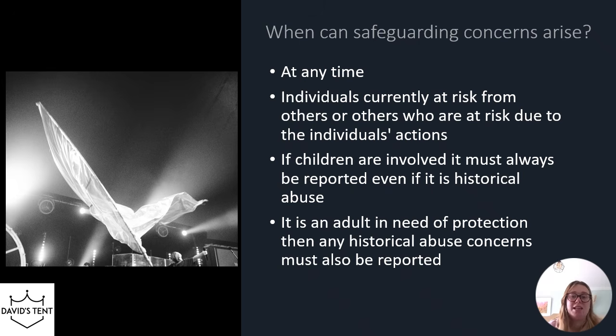It's important to realise that any concerns we have around safeguarding can actually arise at any time. So that could be within the event. And it's not to say that it's only going to happen in the children's tent or the youth tent or the toddler's tent. There are so many different areas where we could see potential safeguarding concerns. That might even be on campsite where you're around families quite a lot. It might be on car park where you're welcoming them in. At any given point, it could be within the prayer ministry, and somebody shares something with you. There's no set formula to when safeguarding comes up, so it's actually about being aware that it could happen at any time.